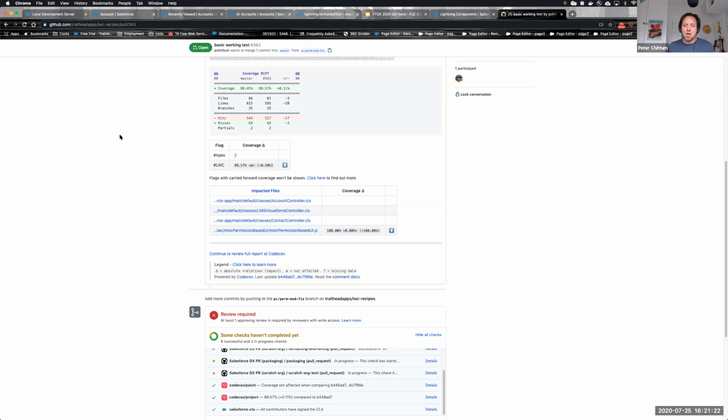With Code Builder, what you will have backing Code Builder is a virtual machine hosted in the cloud. So actually what's going to happen is you'll go through a process of standing up an instance. And that instance of Code Builder is a persistent virtual machine that is user specific. So as a user of Code Builder connected to a Salesforce org, that virtual machine is going to be tied to you. Nobody else will have access to it,